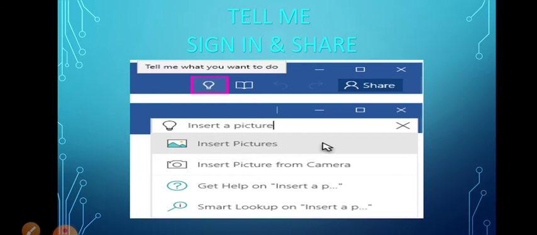Now tell me, this is the new feature of Word 2016. It's just like a search option. Now what is the search option? It is the search option of the ribbon.